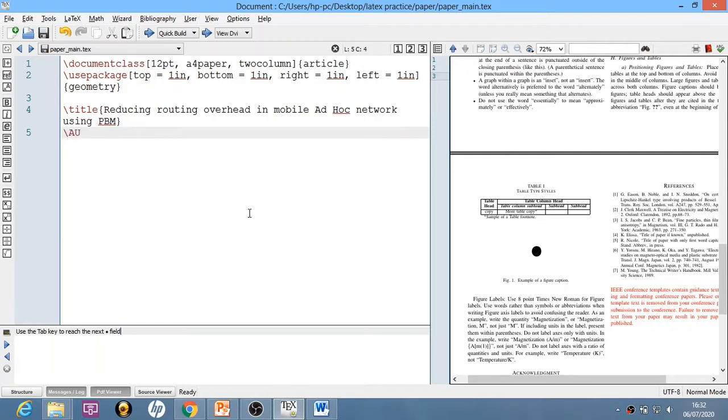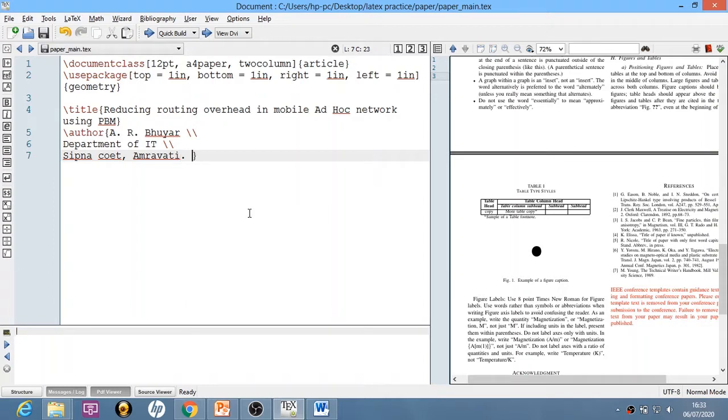I will write the author's details. Author, I will write the name of the author, for example AR. Then I will mention the institute department name, Department of IT. Then I will mention the institute name, Amravati.